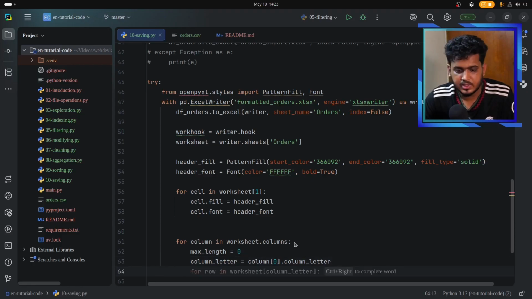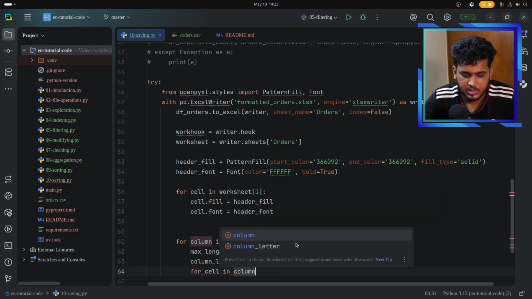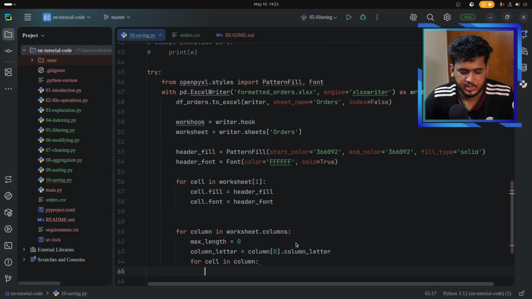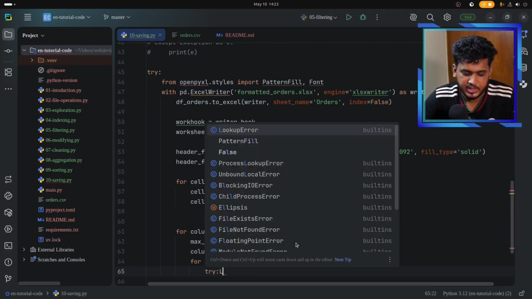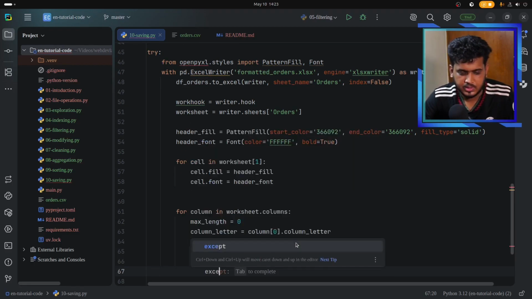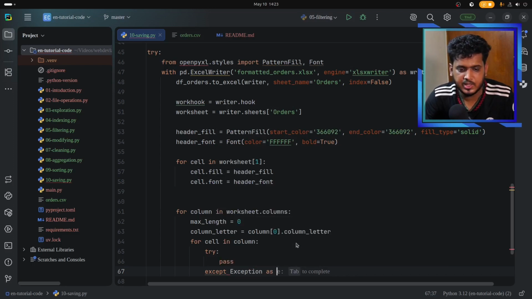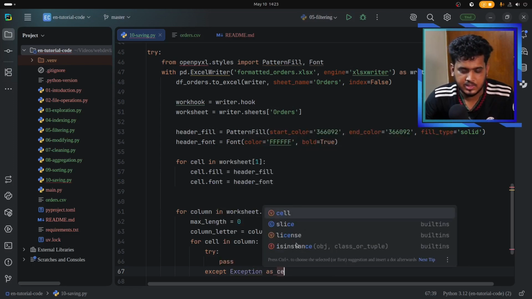Then again a for loop for cell in column. In here let's use a try except block, try pass, except Exception as CE, cell error,